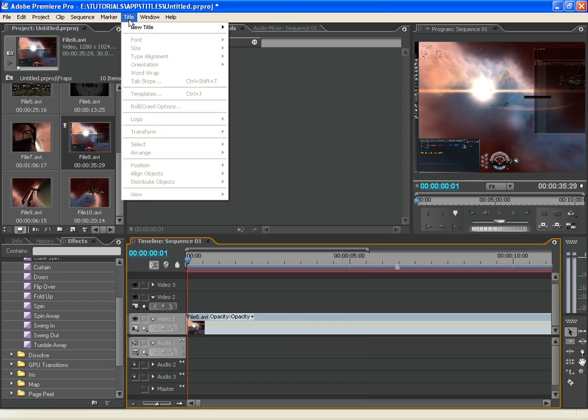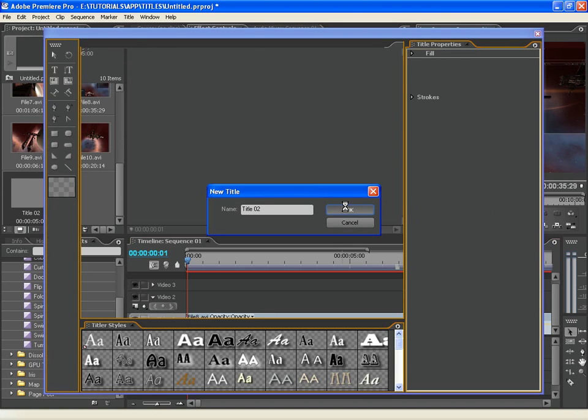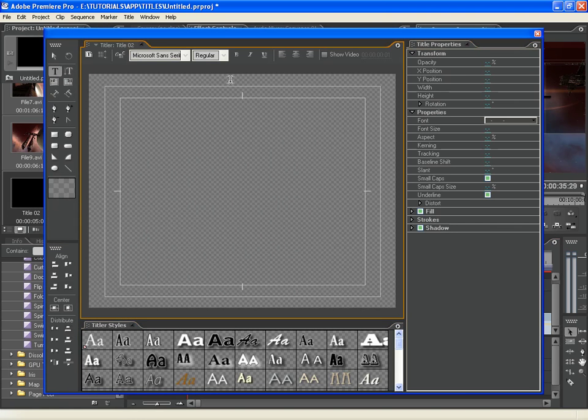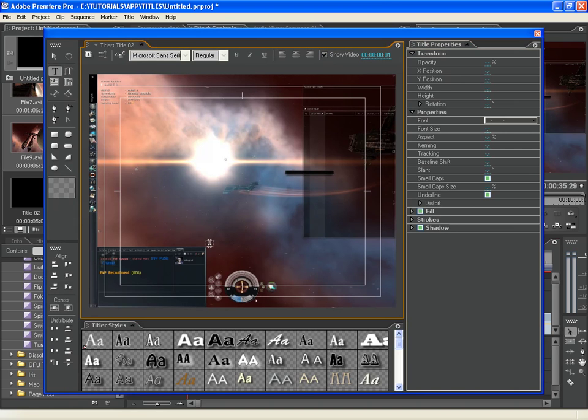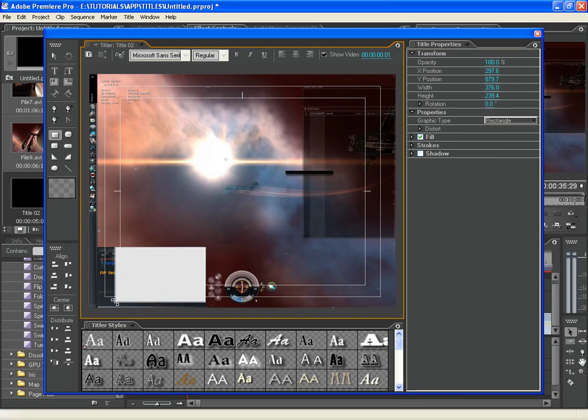What you want to do is go to Title, New Title, Default Still, give it a name, or just click OK. And I'm going to take Show Video as an option. Click that, and you can see that now we can see the screen or see the video that's going to be shown. We can get a good idea as to how big the rectangle we're going to make is, and you want to click on this rectangle tool here, like so, and I can just drag and then let go, and that is now bound around the chat channel,